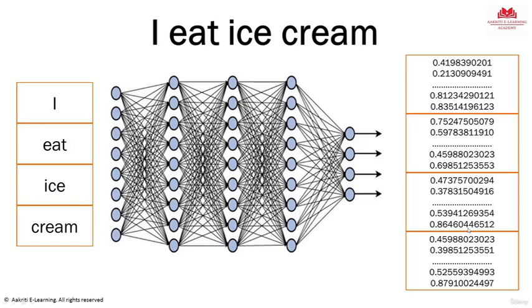For example, based on the embeddings, the LLM knows that the word I is followed by an action word like eat. It also knows that the words ice and cream go in together. That's why you see the embeddings for ice and cream are very similar to each other. This is how it was trained, and remember, it has done this for billions of words. It has generated trillions of these embeddings, and that has been the training of a model like an LLM, like ChatGPT. And during this training, it has mastered the art of capturing all this information accurately in the embeddings.